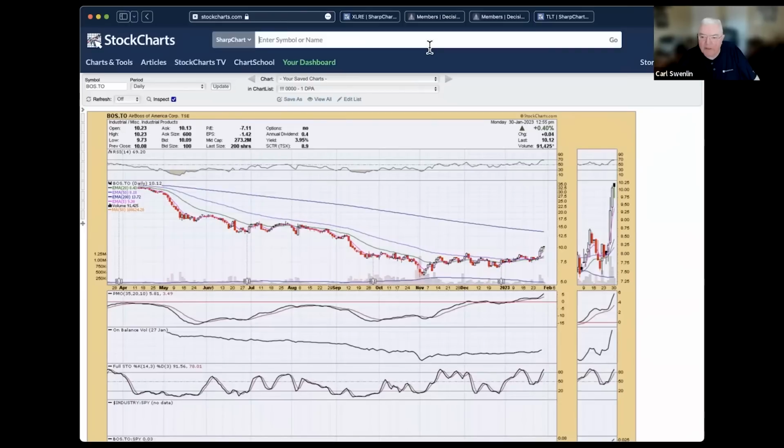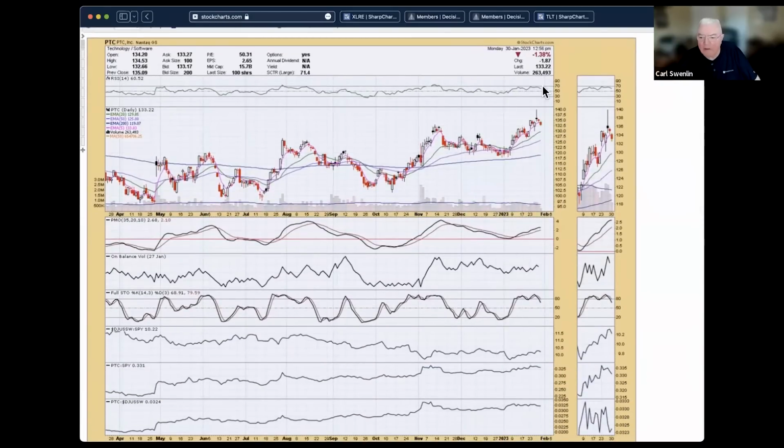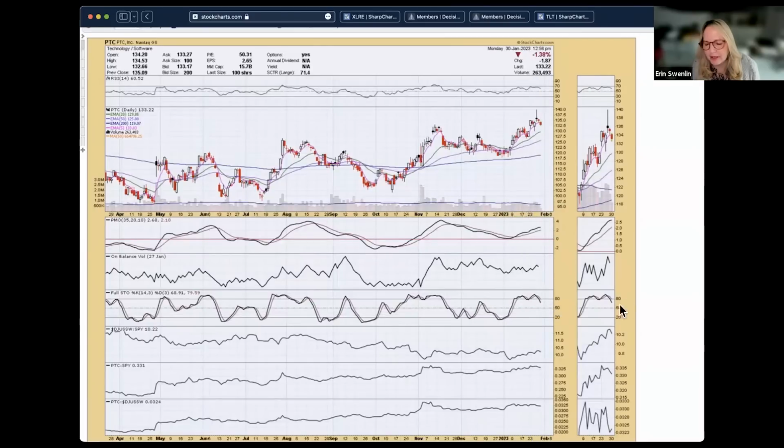Okay, PTC, Papa Tango Charlie. All righty. Rising trend is intact, but it does look like it's weakening. Look at our early warning system here for the stochastics. They are in decline. And even the PMO is starting to decelerate. That tells me we're in a top. We're getting ready to experience a decline, and that would mean possibly shaving a position to keep some of my profit.